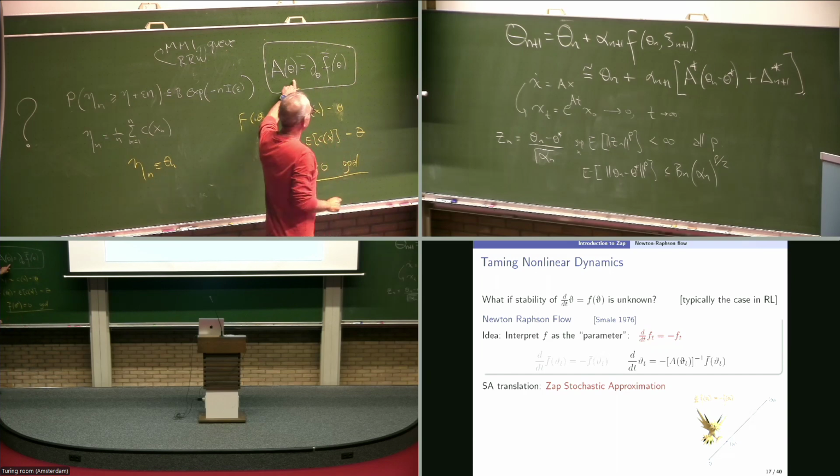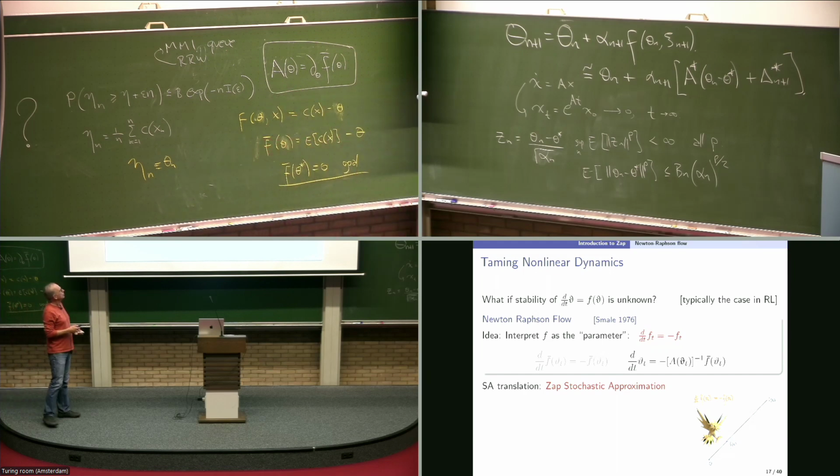So before I looked at the linearization at theta star, now I'm looking at the linearization at any value. So the translation of that to a recursive algorithm is what we call Zap stochastic approximation. And that's universally stabilizing, so this should be as well. And there you go. Now, translation of this to a discrete time algorithm, you really have to read the second